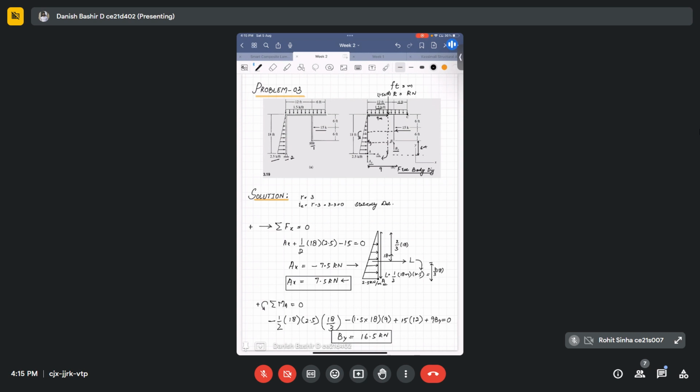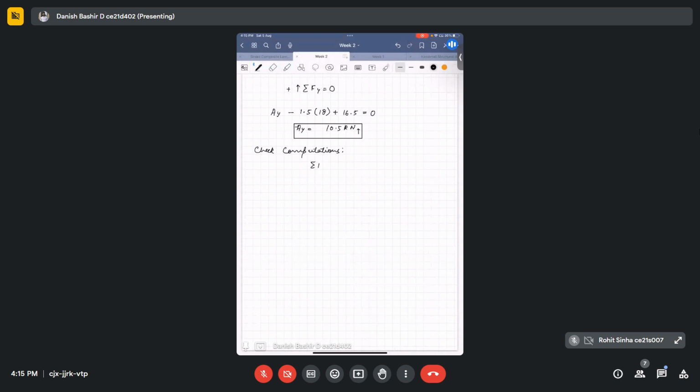Since it's free, summation of moment should be equal to 0. Let's calculate summation of MC, and take anti-clockwise to be positive. And if you carefully see all the things, I will write